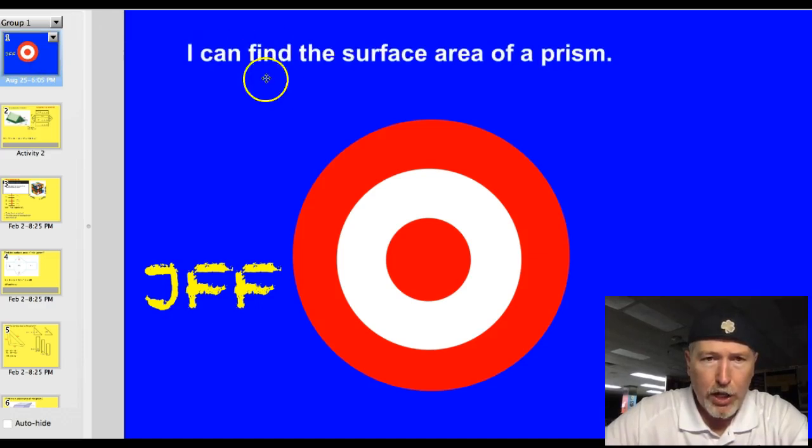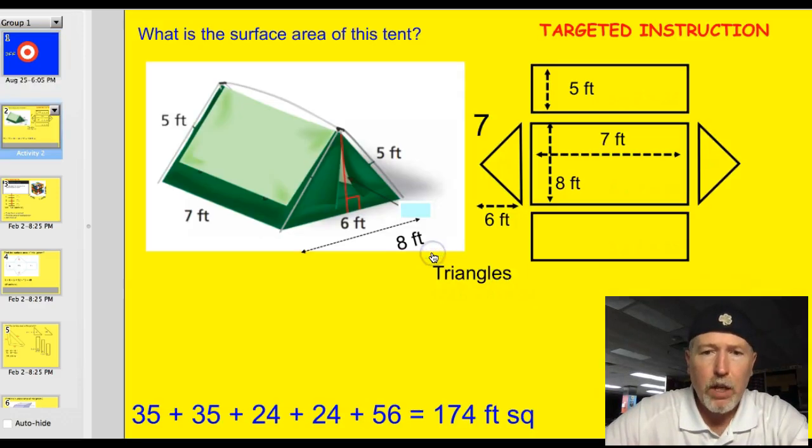Well, officially our target is, I can find the surface area of a prism. Let's do this thing. We'll start off tonight with a real life example here. We need to find the surface area of this tent. Well, we could be thinking about this as we need to find the amount of material required to make this tent. So what we really have to do is think of this tent as a collection